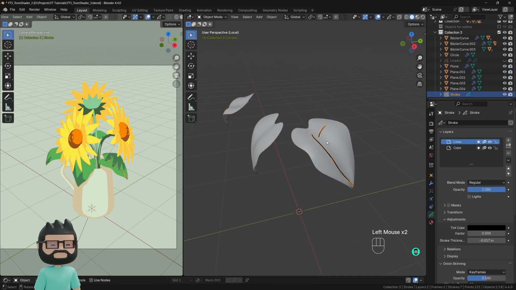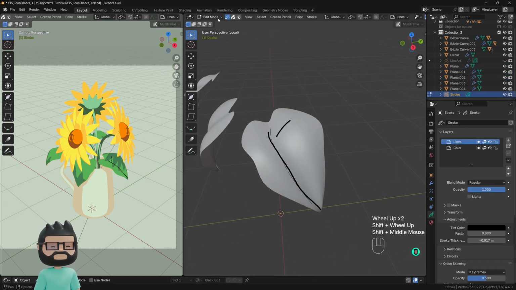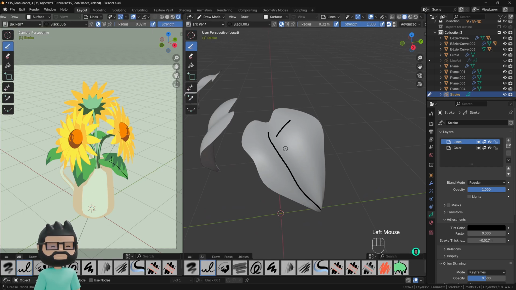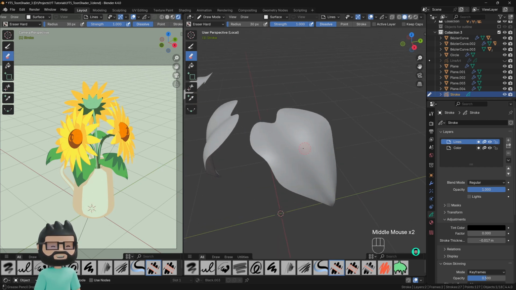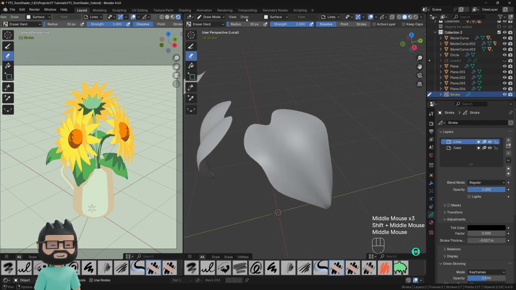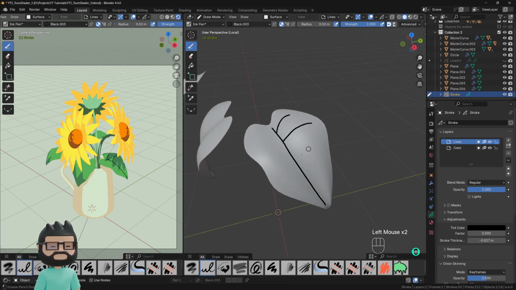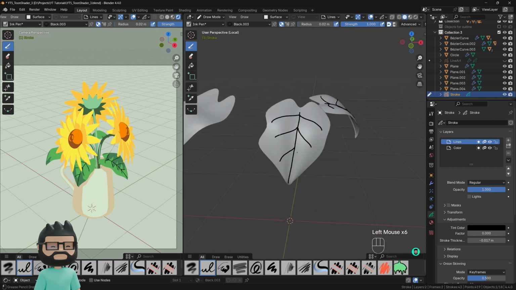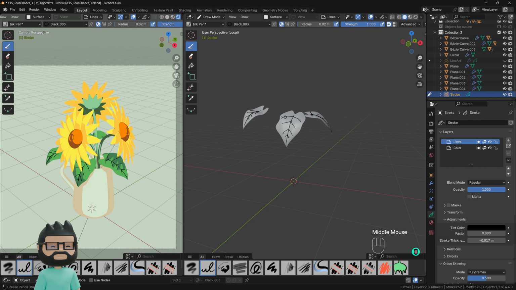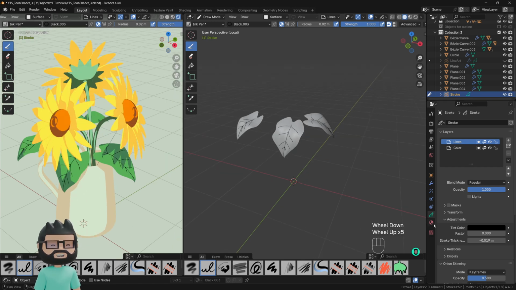Now I'll again select the stroke material and I can draw in the draw mode. So you can always use the eraser and erase your lines and start from scratch. So I'm just going to fast forward this process of drawing. So let's say that's the only thing we want to color in this scene, and then I'll go into the